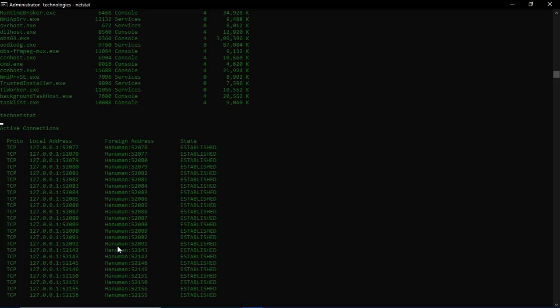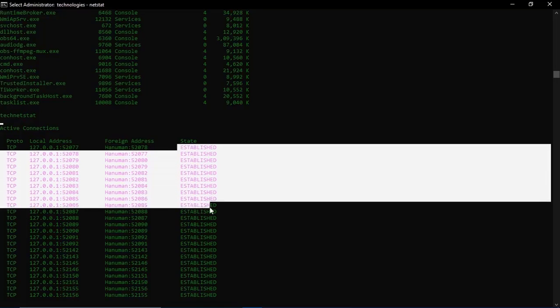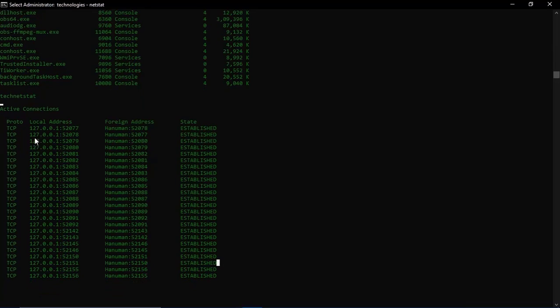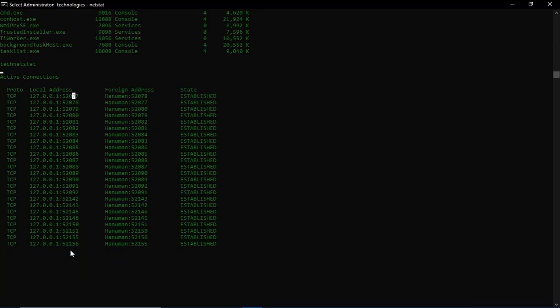You can check here. They are getting established only, from my local machine it's going to the netstat. To stop this, type Ctrl C. You can see it.